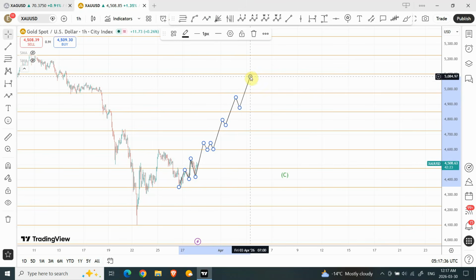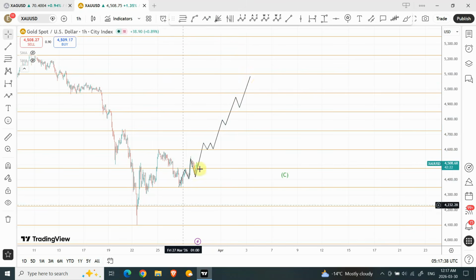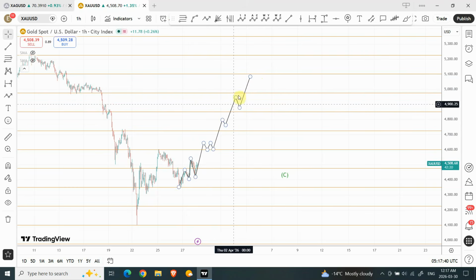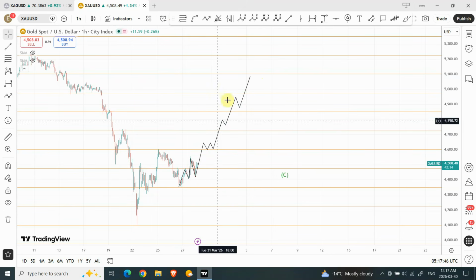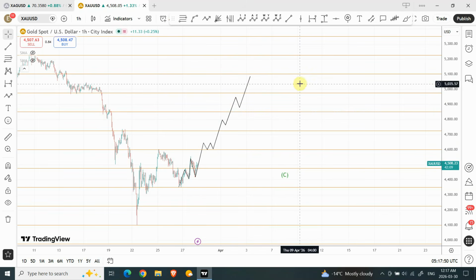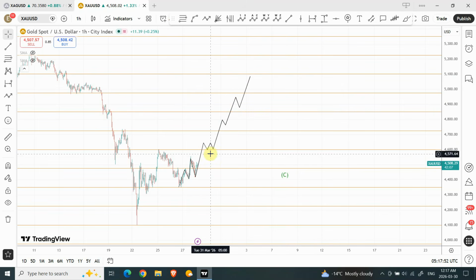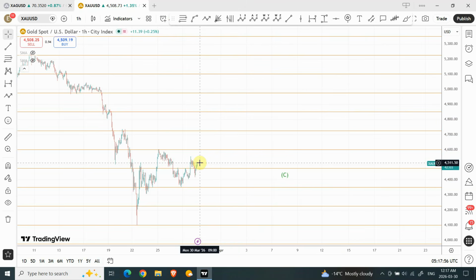So some sort of a clear five wave structure, where either wave 3 is going to be extended or wave 5 is going to be extended, but I am expecting for the prices to carry on way above before we can actually start seeing a larger correction, or we can anticipate a correction. So keep an eye open. I'm bullish on gold and I'm bullish on silver. I'll show you where the prices are. An important point once again for gold is 43.50. All right. Let's have a look at silver.